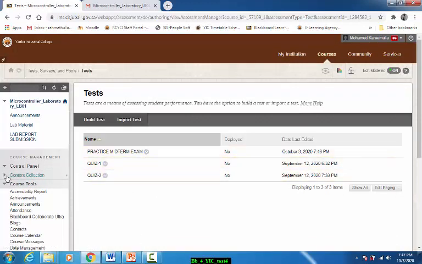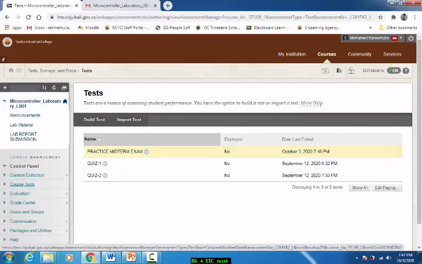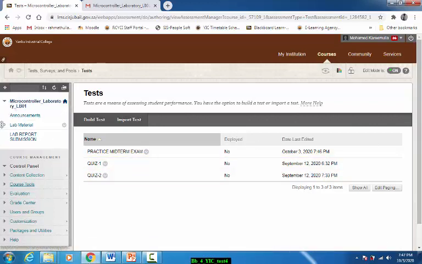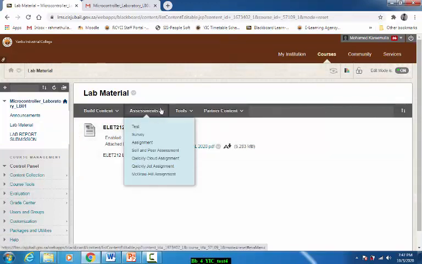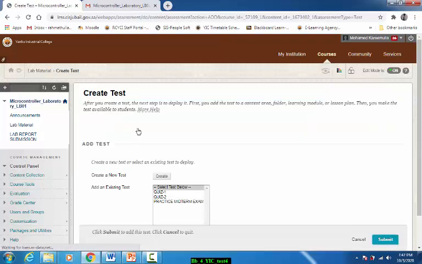The next thing is I want to deploy. How will I deploy it? You go to the course, and wherever the link is, let's say I'm here, I will go to assessment, then test.